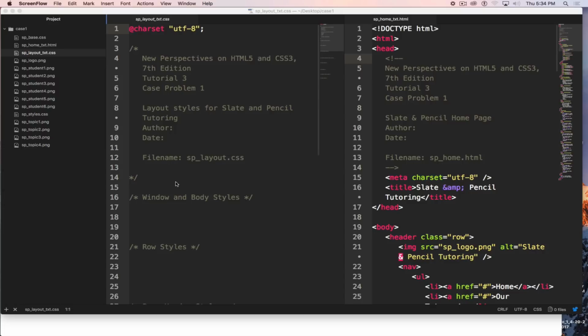So we're going to work through case study 1 for tutorial 3. All the files are over here on the side. We don't need to concern ourselves with most of them. The only 2 files that we will be looking at this evening are the layout CSS file and then the main home HTML file. Now the first thing that needs to happen is we need to connect the CSS files